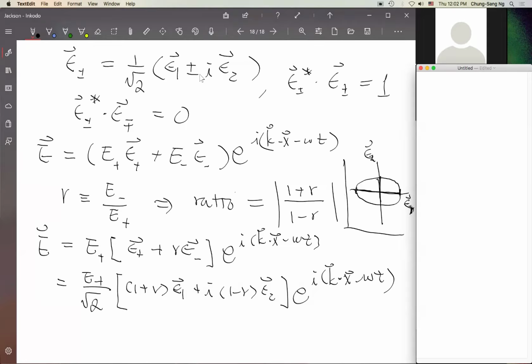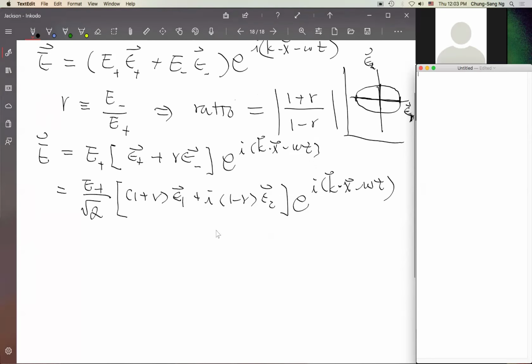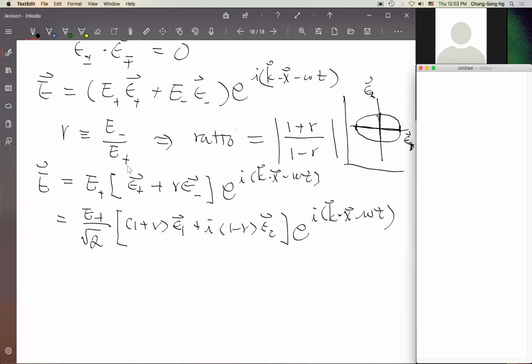In the two unit vector space, back to the linearization, the 1 and 2 axes, then it forms an ellipse. Okay, so last time we started doing that. I mean, we can do it more explicitly. Say we are just rewriting this form using this ratio and get to this. So that's just pulling out the epsilon plus out of here. And then we get back to epsilon 1 and epsilon 2 using the linear polarization basis, epsilon 1 and epsilon 2. So that gets to this